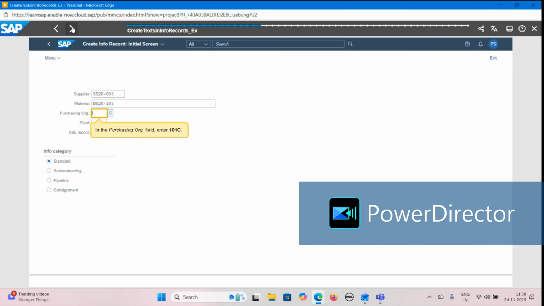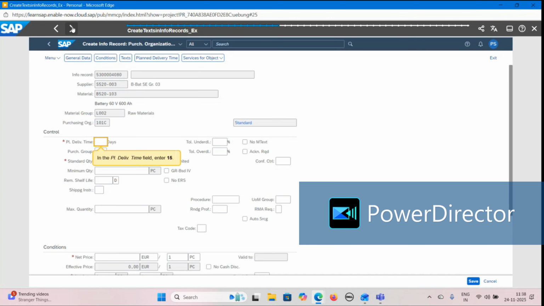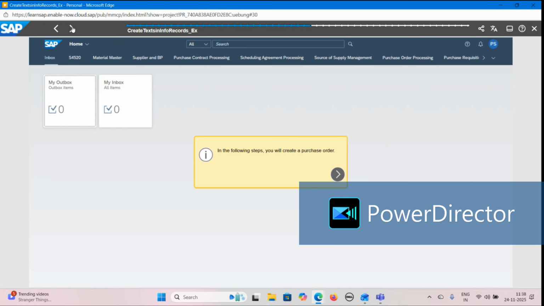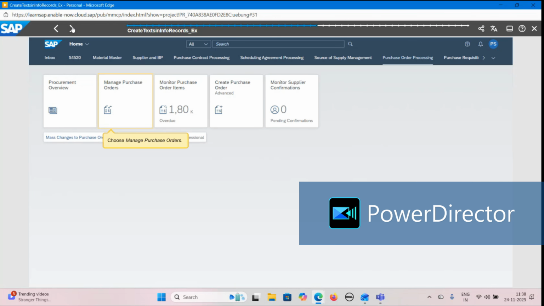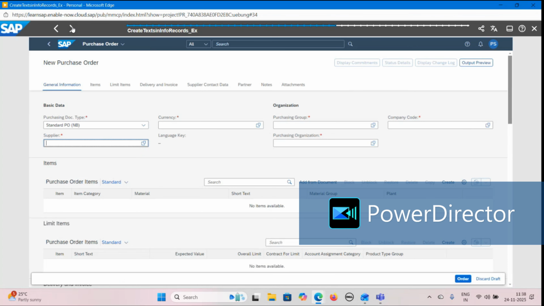Now we are creating one info record without plant. So there are two info records we created, one with plant, one without plant. Accordingly, if I create a PO,